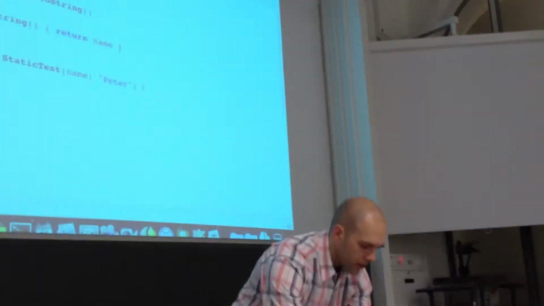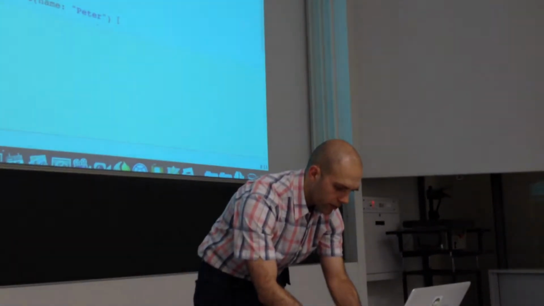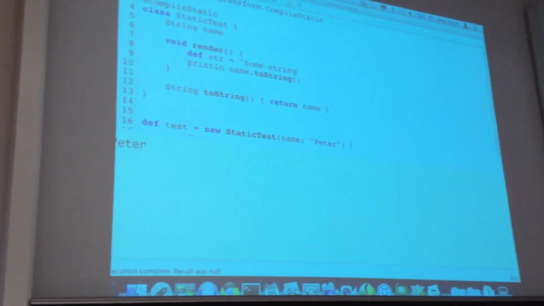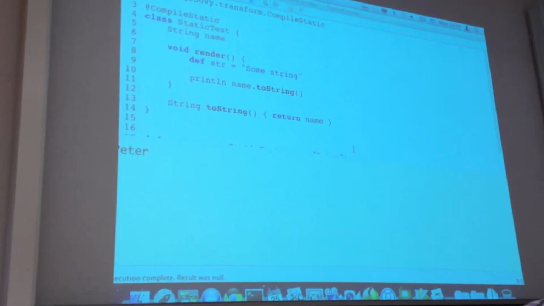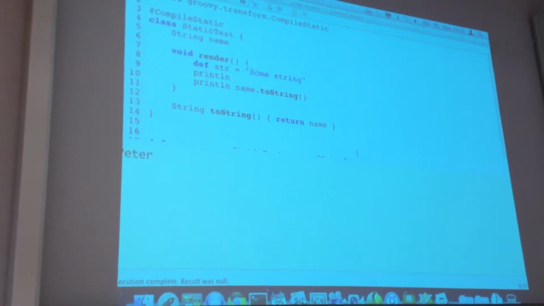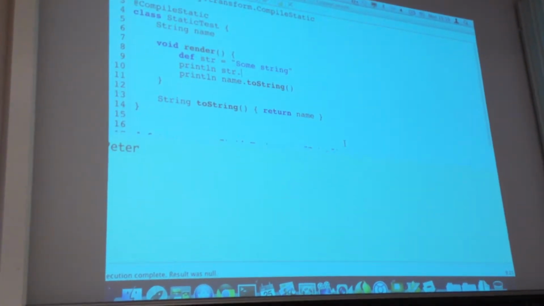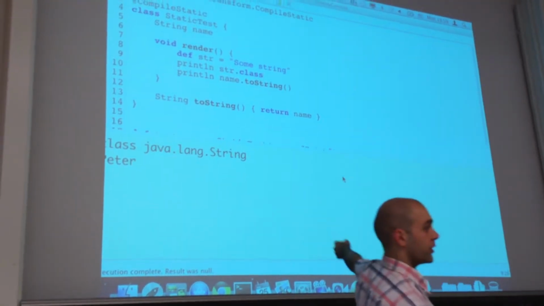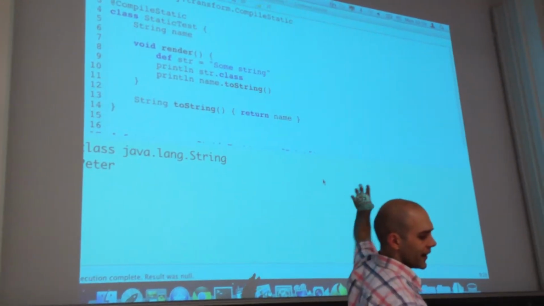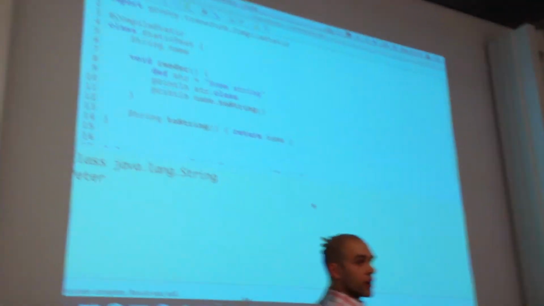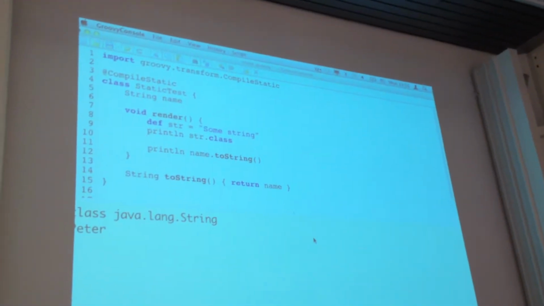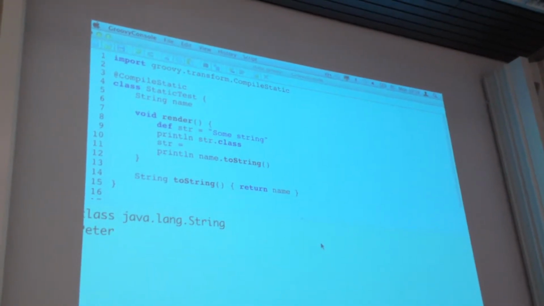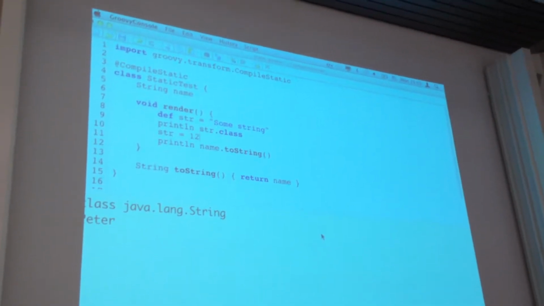So if we do def like that, we can do println string.cast. So it's inferred that, it actually knows that string is of type string. Unfortunately, if you do string equals 12,